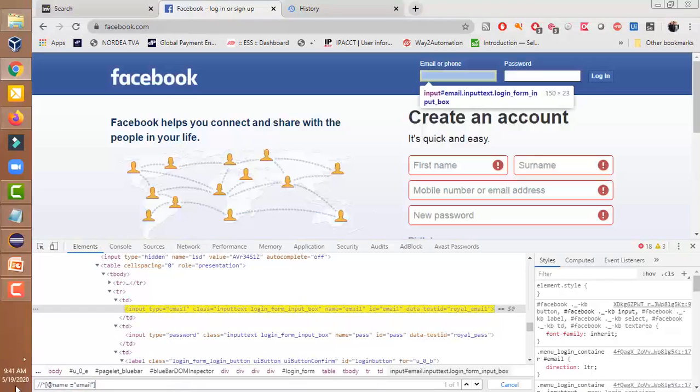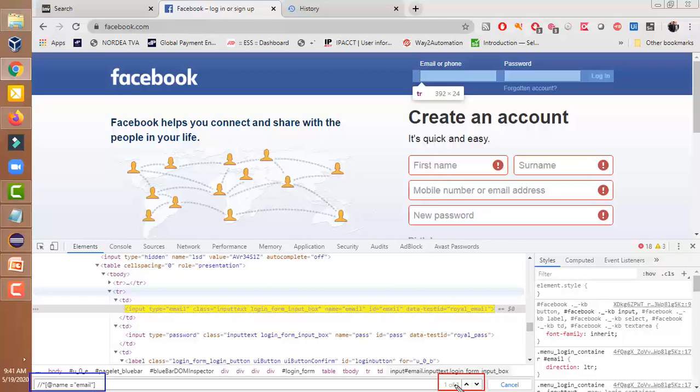Just paste here. Yes, now it is showing 1 of 1. Let me show you where it is written 1 of 1. Look at this red color highlighted box. It is showing 1 of 1 when we enter this line, @name is equal to email ID. So 1 of 1 means that we can successfully use this locator.